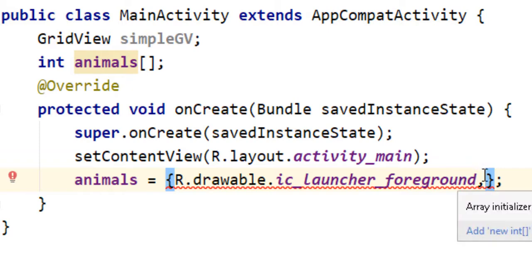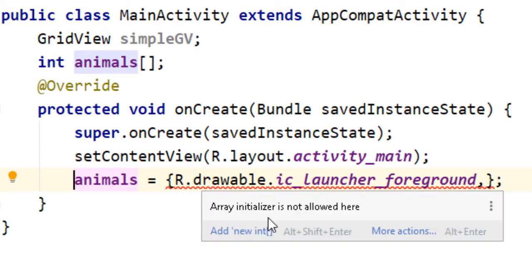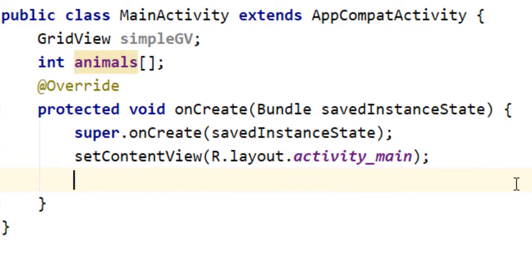Now this is the first thing. Please understand. You may see the array is not initialized here. If you try to initialize this array here, it is not allowed. You may get this kind of error also: array initializer not allowed here. So please understand, when you declare the name of the array, at that place you have to initialize.